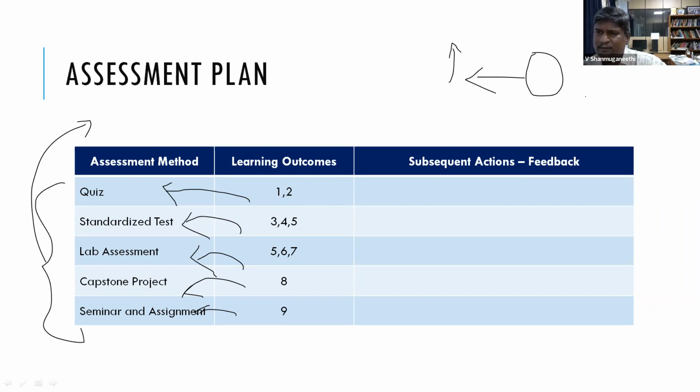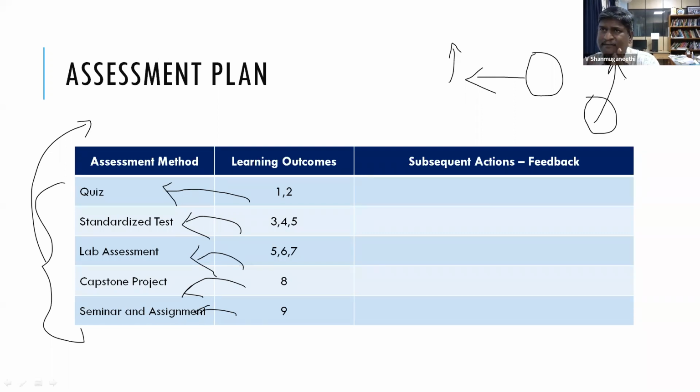Suppose I want to see how the students are thinking, their creativity. I want to check the creativity. Then I have to put a question that has multiple answers. Then only can I see how they are thinking: how many of them come with one kind of answer, and another group comes with another kind. That kind of output you want to know. So you want to check thinking ability.